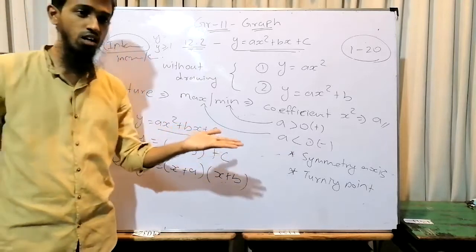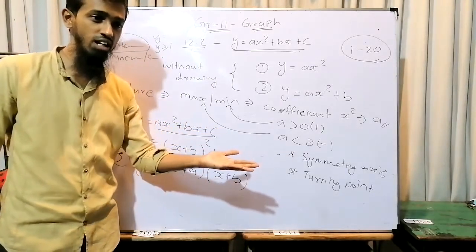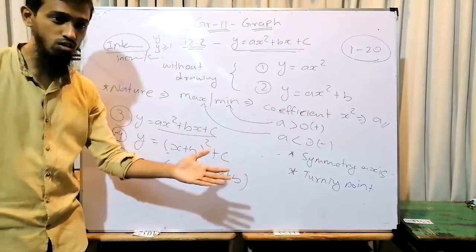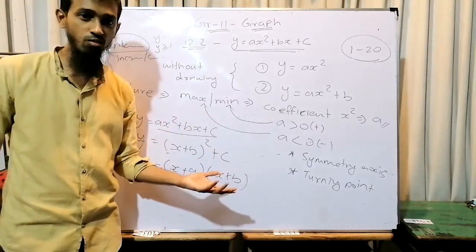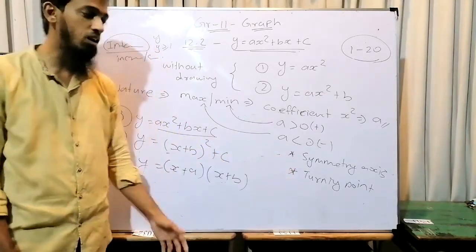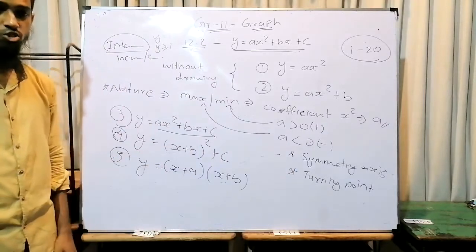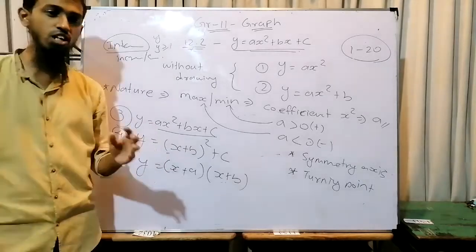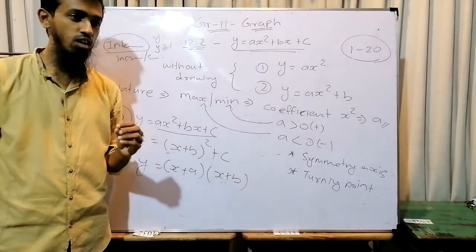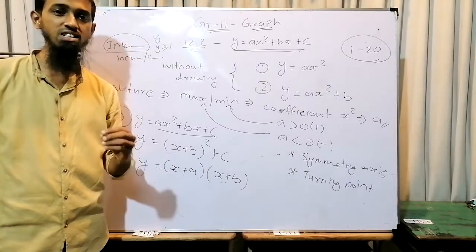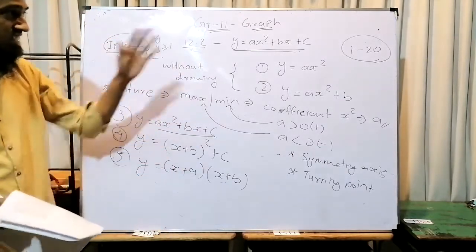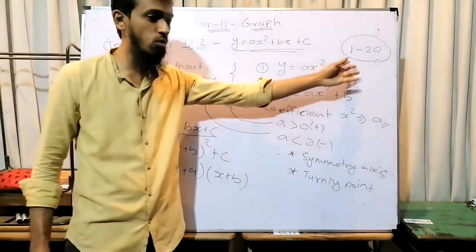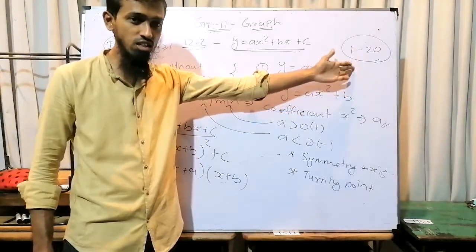And the next one, finding a root of a quadratic equation. It's related to the equation. Finding root, finding square roots, and some other questions are there. We are going to discuss in grade 11. So this is the summary of graph. You need to remember those points because the graph is a simple and easiest lesson. If you understand these things, we have 5 equations. We can categorize the question under 1 to 20. So all the questions are there.